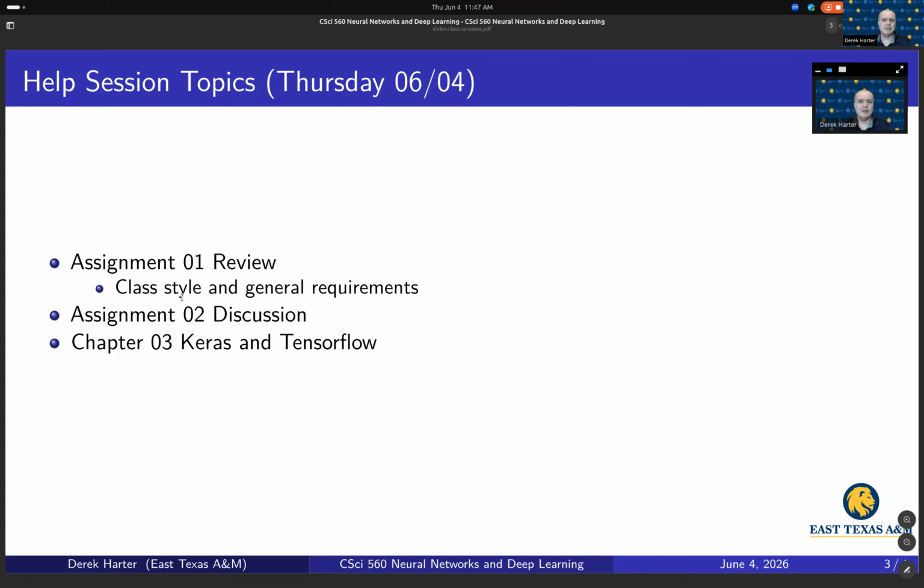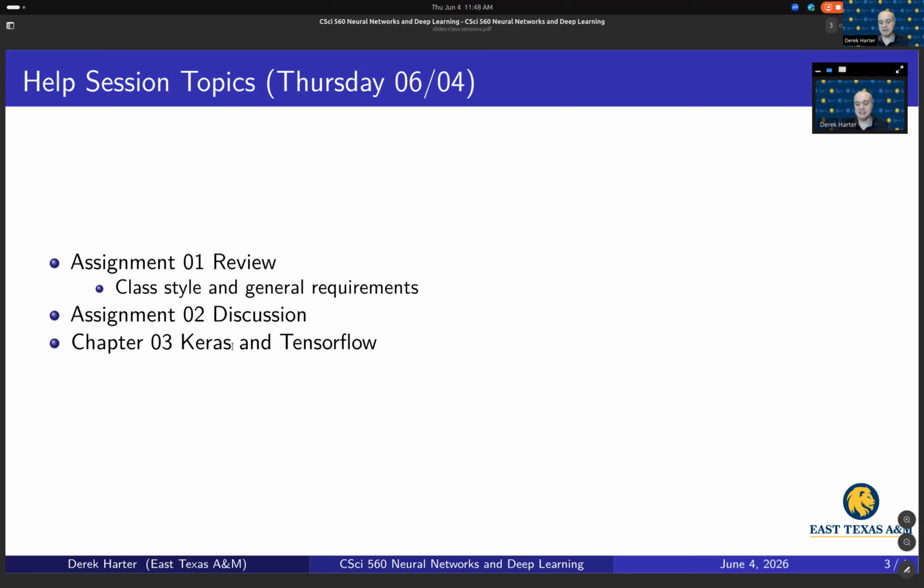I didn't have a whole lot about assignment one. I still haven't gotten all of them returned. In general, I can post example solutions. I don't think I really need to for the first assignment, but maybe for some later assignments. We'll see whether anybody has difficulties with future assignments. But generally, I'm happy in these help sessions to go over past assignments, look at the example solution, maybe even post those if needed. Just shoot me an email if I haven't posted an example solution after I return assessments and you think it would be useful for you. I can do that.